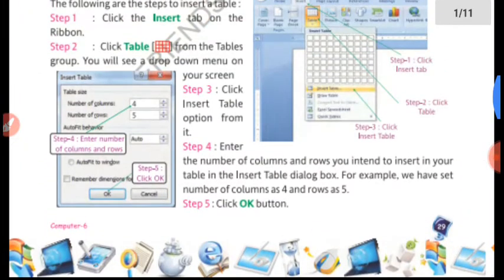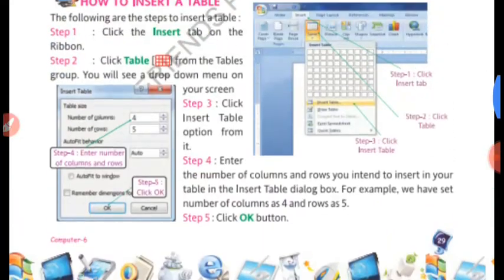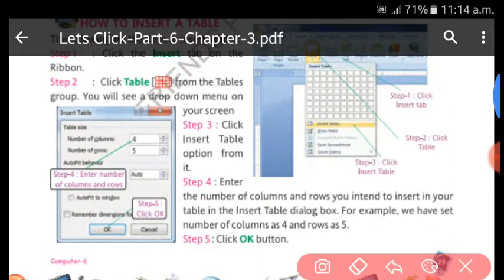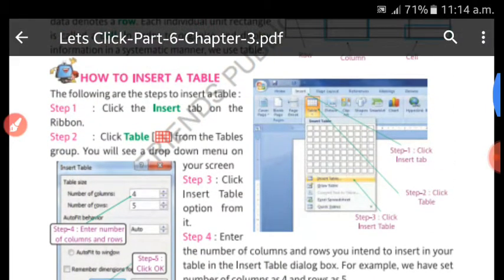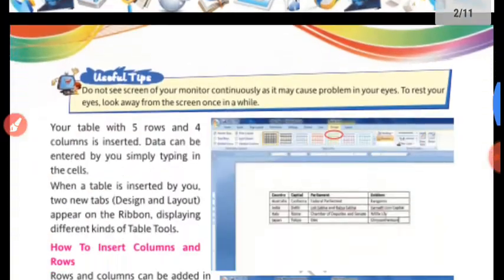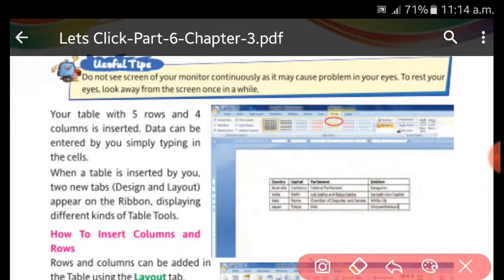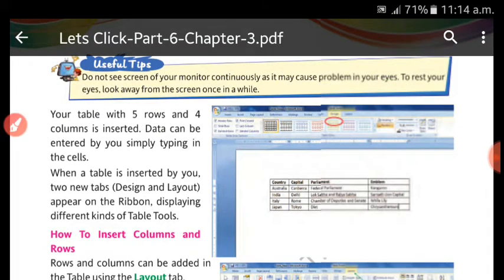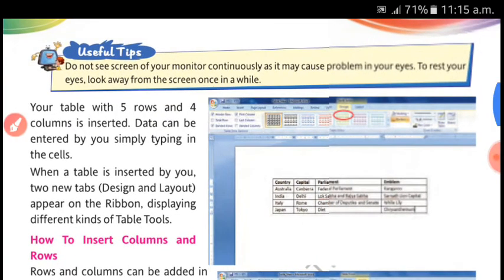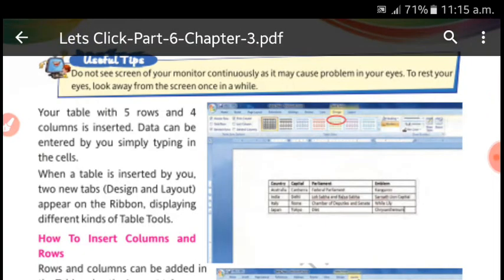Okay, and one more thing, you can see here when you insert a table, you will see this Design and Layout. Okay, we will see this option.